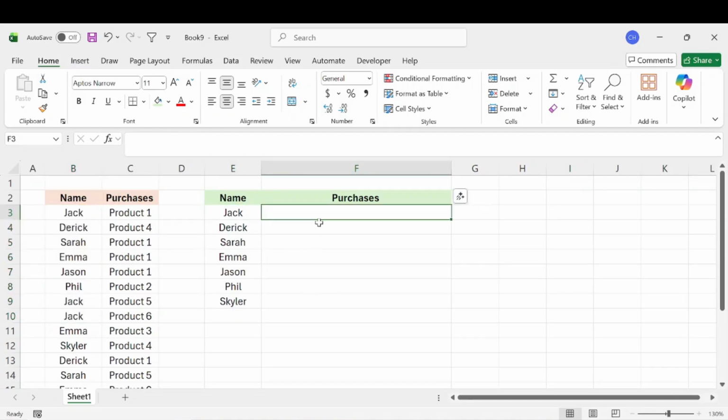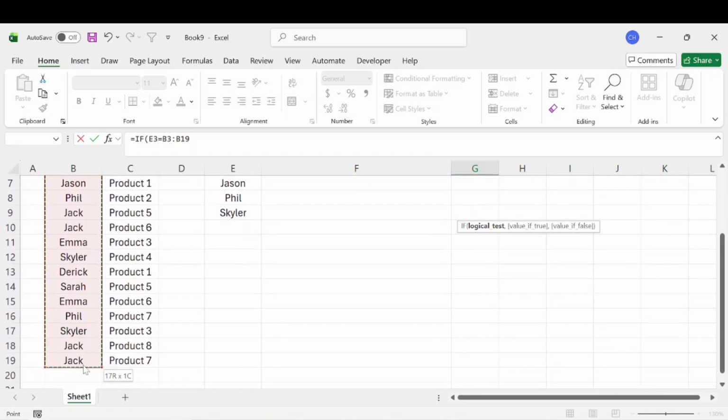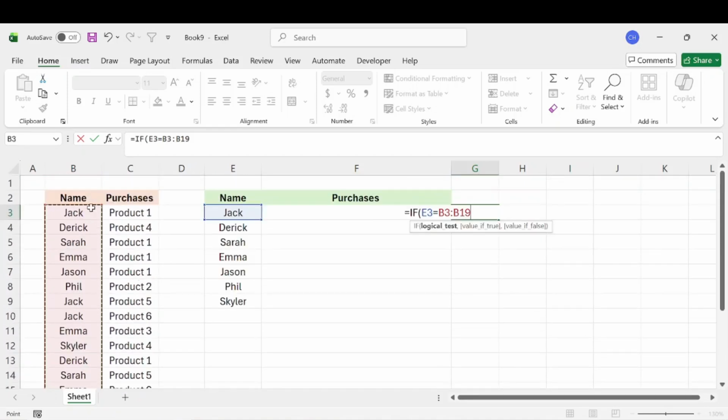Now the formula to display all of Jack's purchases into one cell is a little bit trickier than that. However, I'm going to walk you through it, and I think you'll be able to get it just fine. So off to the side here, I'm going to start with the first formula that we need, and that's going to be a simple IF formula. So if Jack, so we'll select the cell with the first name. So if Jack equals any of these options, so select the entire list where Jack's name might be,